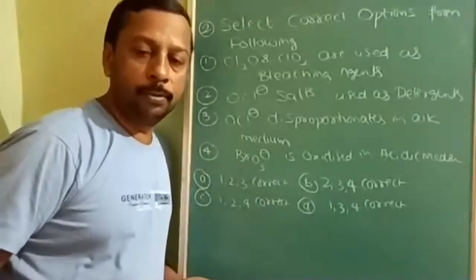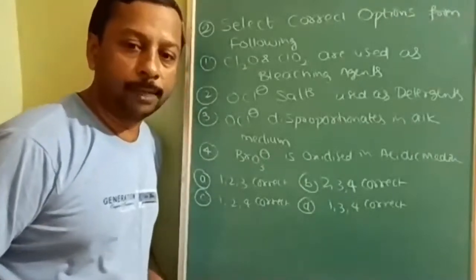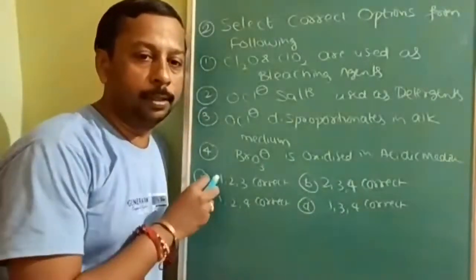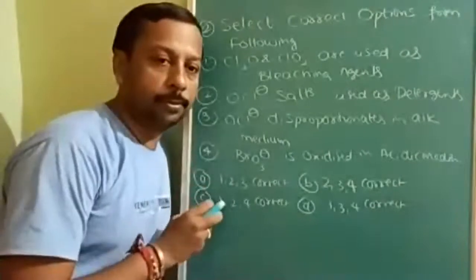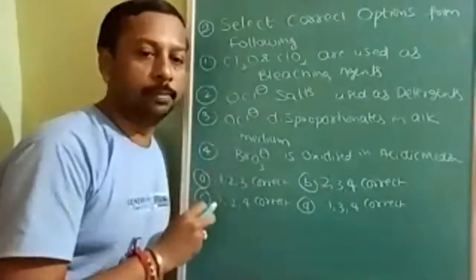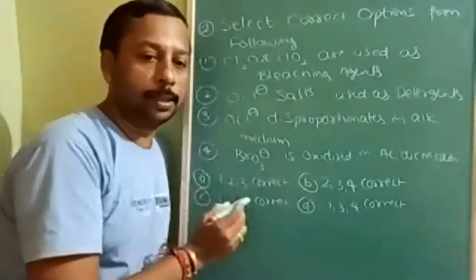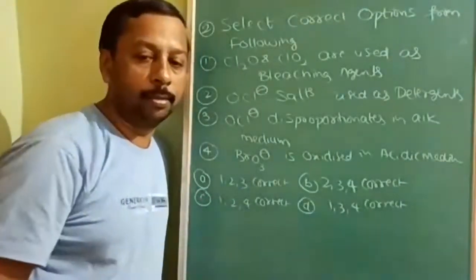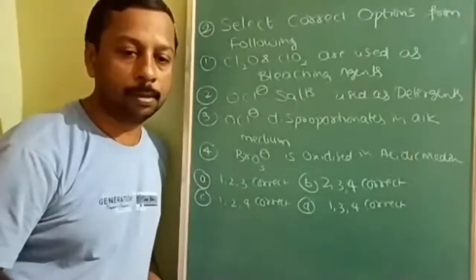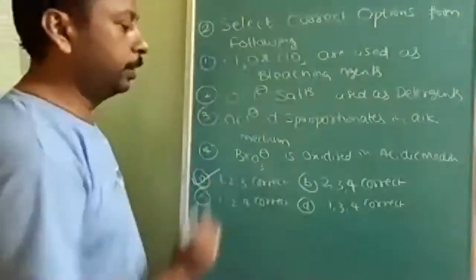Earlier we used to get more than one correct only in the advanced examination. After NTA took over the examination responsibility, they converted advanced questions only. Advanced multi-correct is made as a single correct in this way. So these are the 4 statements given. Out of this, how many statements are correct? According to that, you have to select an option. So the answer to this question is the first option. Only 1, 2, 3 are correct.